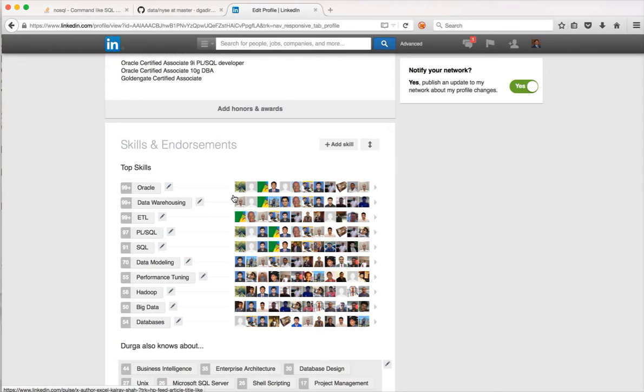That's how you can have your data model in HBase. So the advantage is, for example, in this case, I have Oracle endorsed more than 100